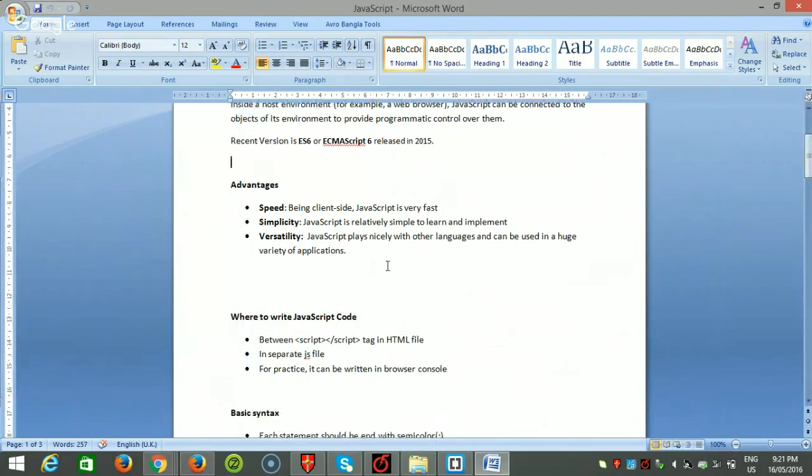Well, there are some advantages of why we use JavaScript. The first one is speed. It is client side, so it is very fast, because it doesn't need to be run from the server. It just runs from the client side, that is the browser. And it is simplicity. It is relatively simple to learn and implement. And the third one is